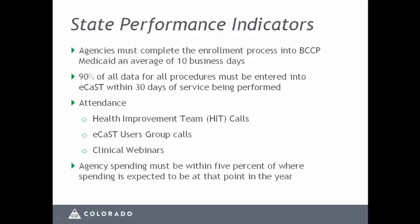The second type of program performance indicators are those indicators required by the Colorado Department of Public Health and Environment. WWC developed these indicators because agencies that were most successful were also doing well in these four areas. Agencies must complete the enrollment process into BCCP Medicaid within 10 business days after a diagnosis of cancer or precancer for all enrolled clients. 90% of all data for all procedures must be entered into ECAST within 30 days of